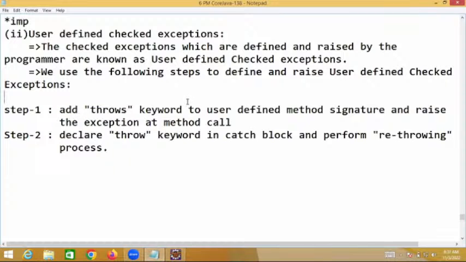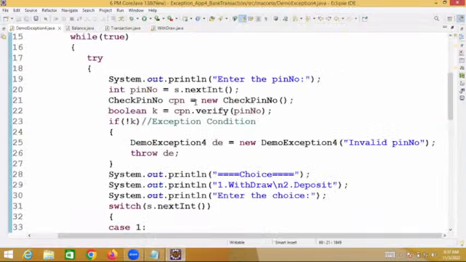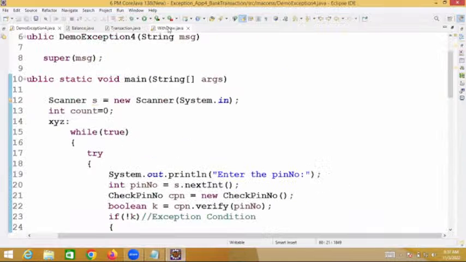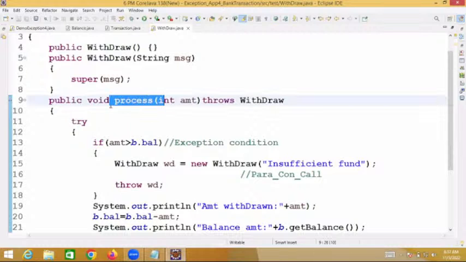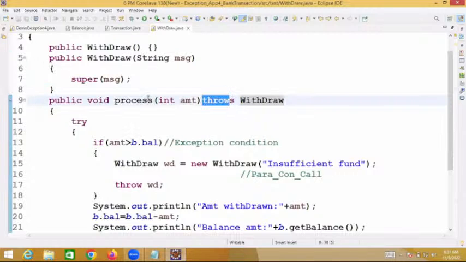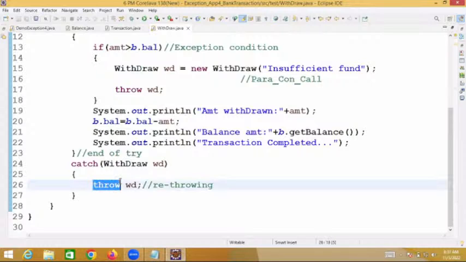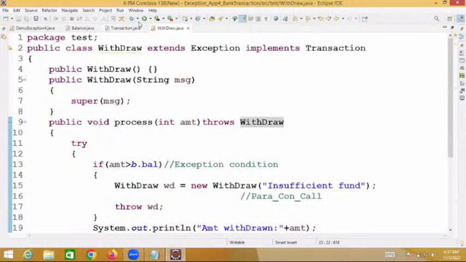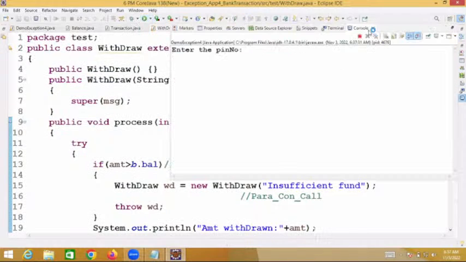One, add the throws keyword to the user defined method. This is the user defined method. Add the throws keyword to the user defined method and raise the exception at the method call. Add one throw keyword and perform rethrowing. Automatically, the user defined checked exception will be raised. That's the concept. Now this program, if I run it correctly,